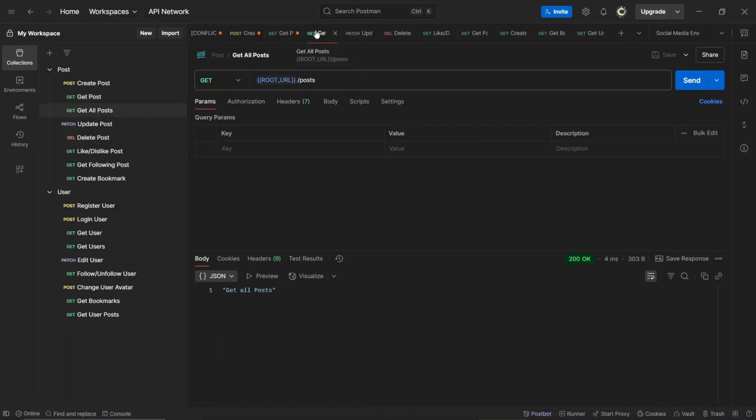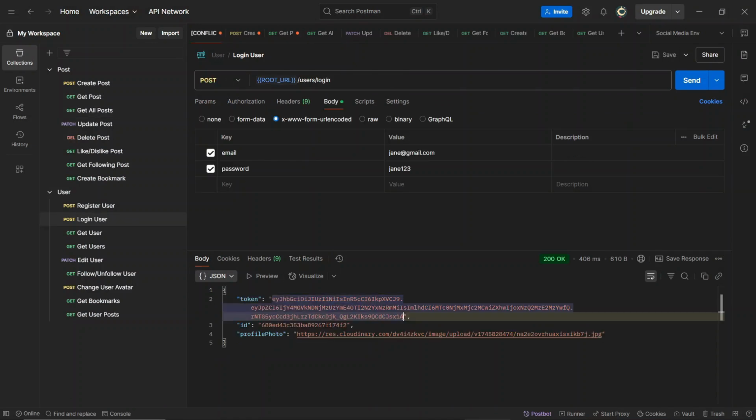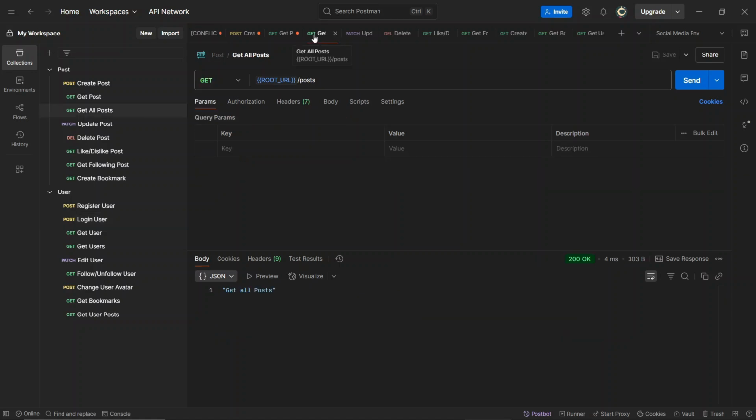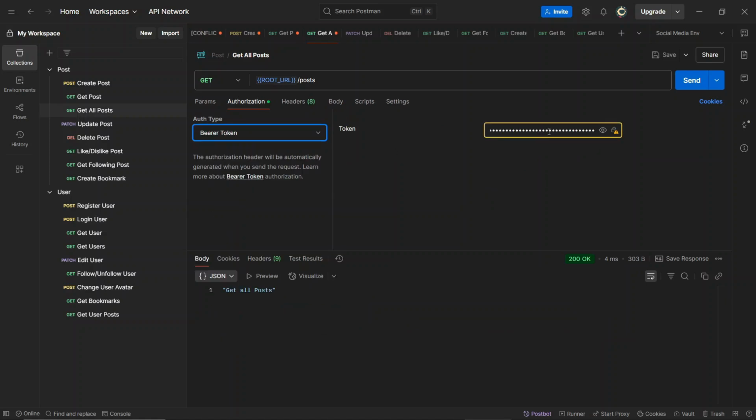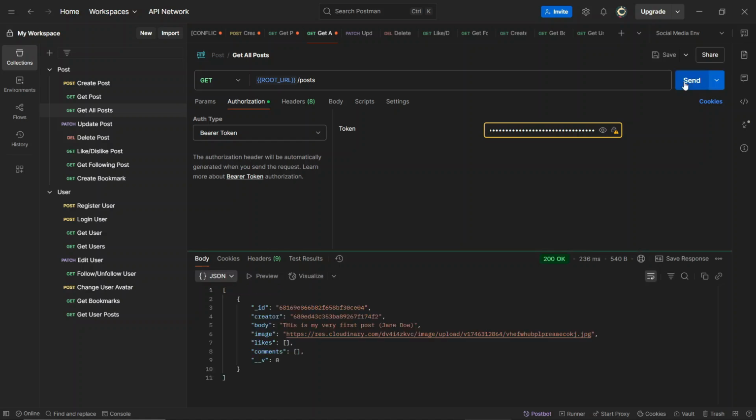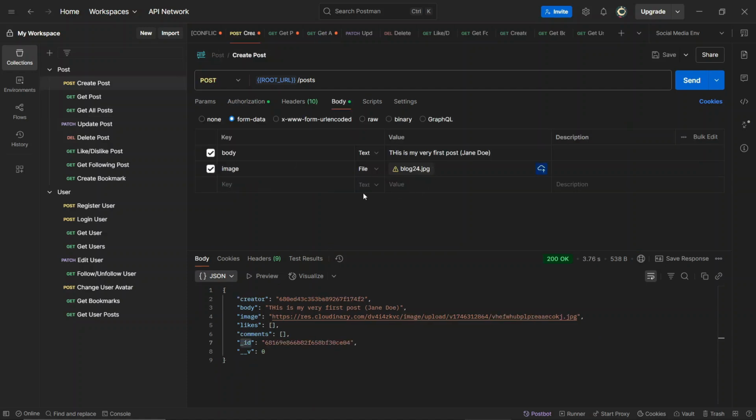So get all posts, and we don't need any ID, we just need a token. Since we are going through the auth middleware, I'll copy the token, come here, authorization bearer token, and I'll paste that, send, and I have that. Now I only have one post, so if I go ahead and actually create one more post, let's see what happens. I have the bearer token already in there, so I'll say this is my second